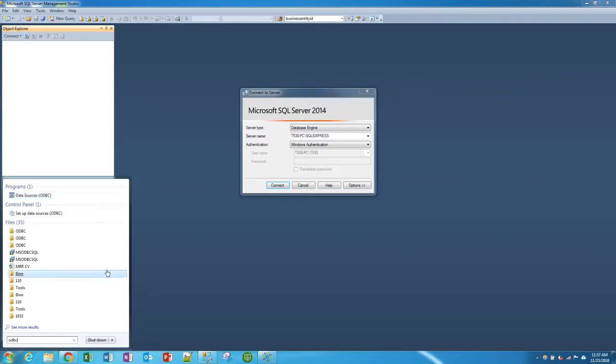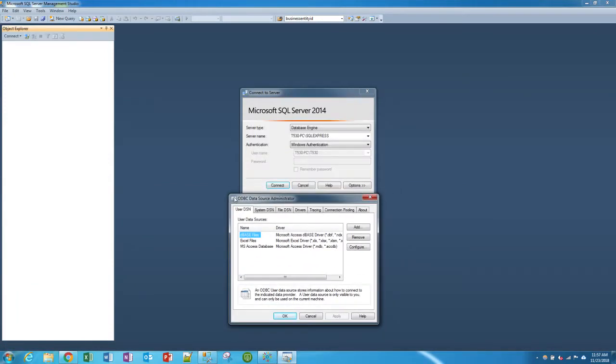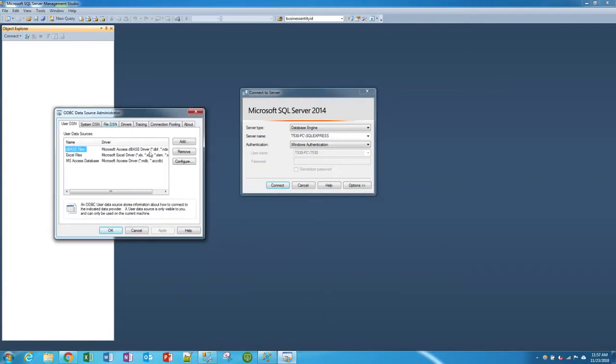And typically you'll see one of these two things come up. This is via the control panel, and this is that program itself. Either one, I checked both of them, either one will work. Essentially what you want to see is this ODBC Data Source Administrator. And you'll see over here that there are a few different data sources that you can actually use. You can kind of use this in R and establish a connection